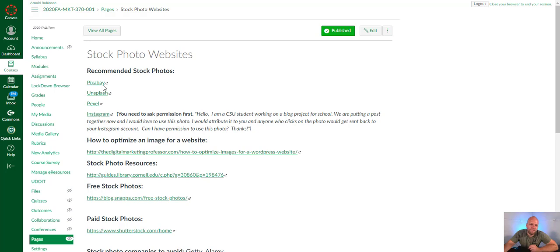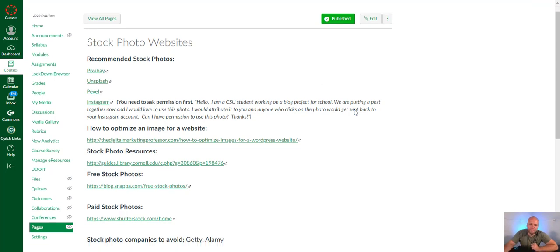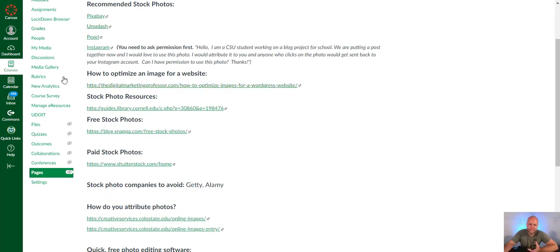So if you need a stock photo, I'm going to recommend these three. Super simple to use. Go to it, type it in, and find your picture. There's going to be some ads built into it with some pictures that aren't free, so make sure you don't take those. Shouldn't be too bad. And a couple more